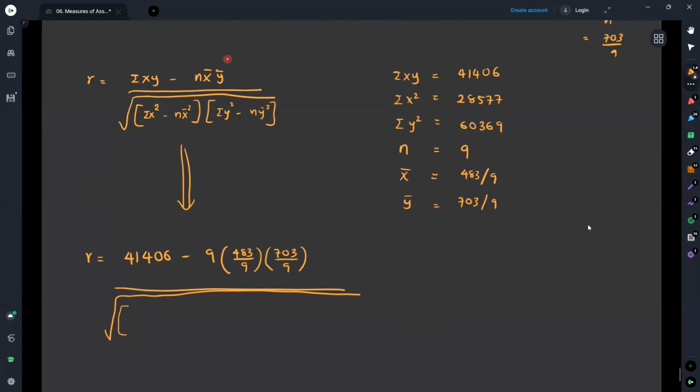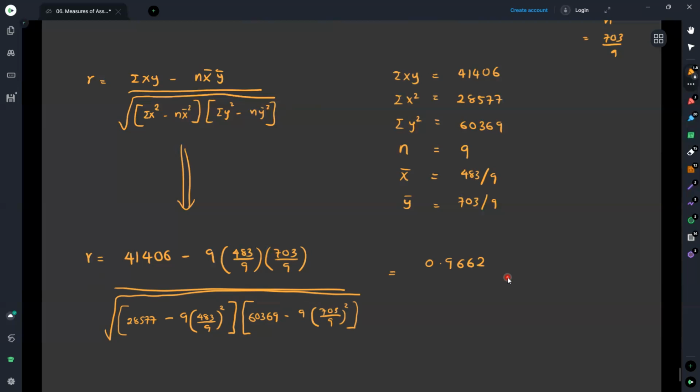Writing down the values accordingly, summation of x squared is 28,577 minus n x bar squared, where n is 9 and x bar is 483 over 9, and its square term has to be considered. This is the quantity inside the first bracket. Inside the second bracket, summation of y squared is 60,369 minus n y bar squared, where n is 9 and y bar is 703 over 9, and we consider its square term, since there is a square term in the equation as well. Once you perform this calculation, you will end up with